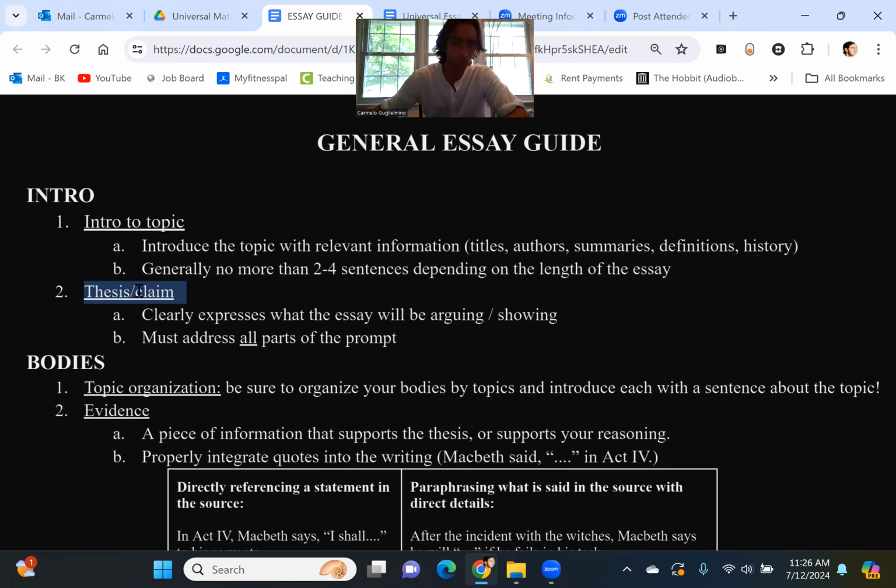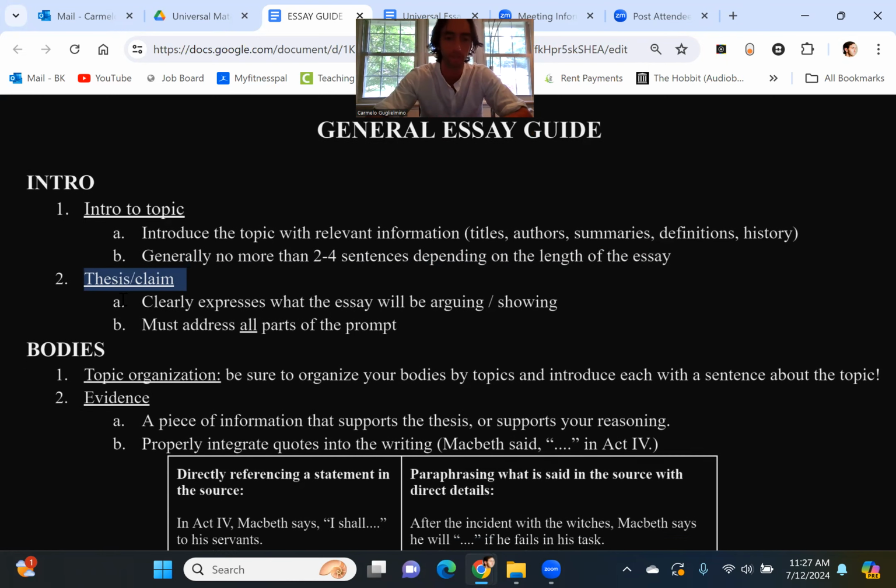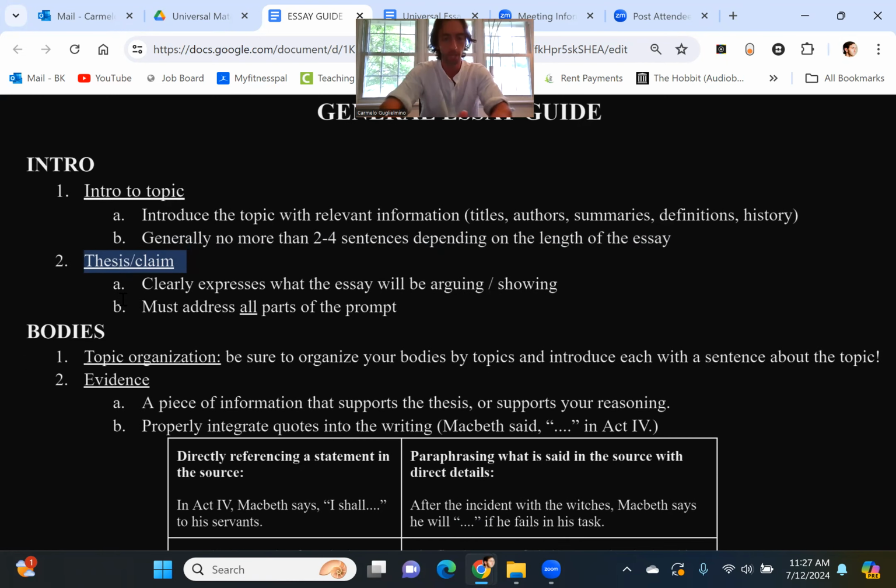So, in the harshest sense, I will tell my students, pretty often, look, if I get your paper and I just see a long summary, I'm just going to fail you right off the bat. I think the Regents exam is similar. In the AP exams as well, they say, do not just summarize the text. So just stay away from that. Keep it short and sweet, to the point, and then move on to the actual point of the essay, which is the thesis. What is the thesis essentially?